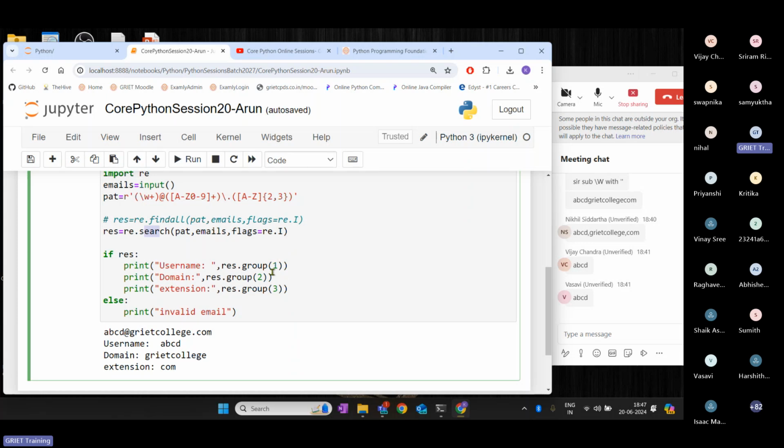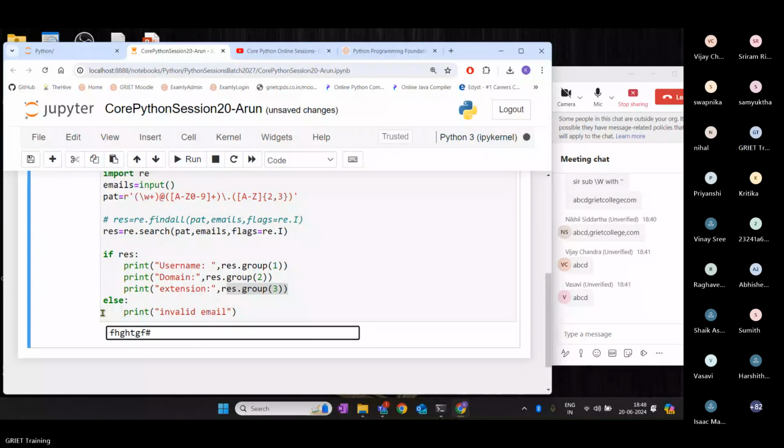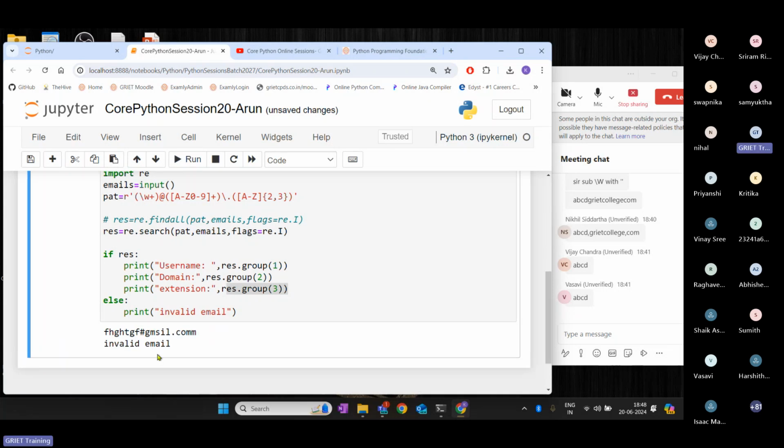So res.group(1) means, as per the requirement, we are looking only for the particular value, right? If I print group(0), it will print the entire email ID, but I am using group(1), the username. Then group(2) will print the domain name, then group(3) will print the extension, right? So if I pass any invalid email ID,